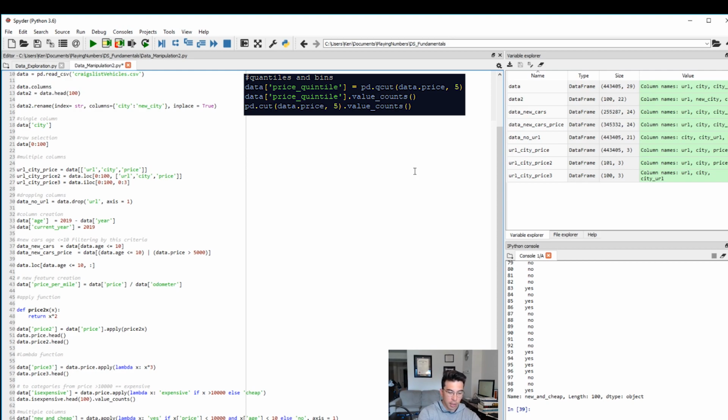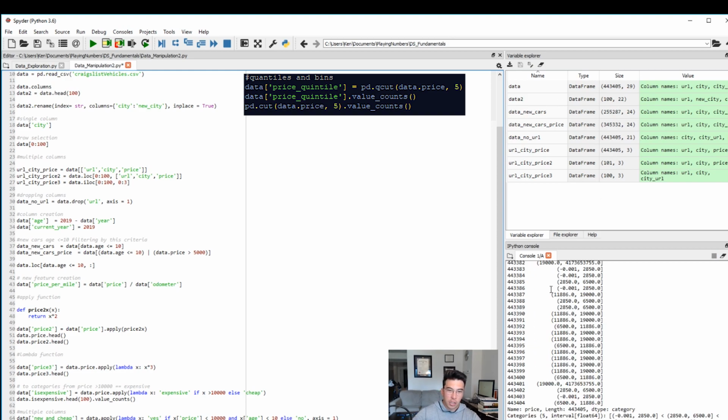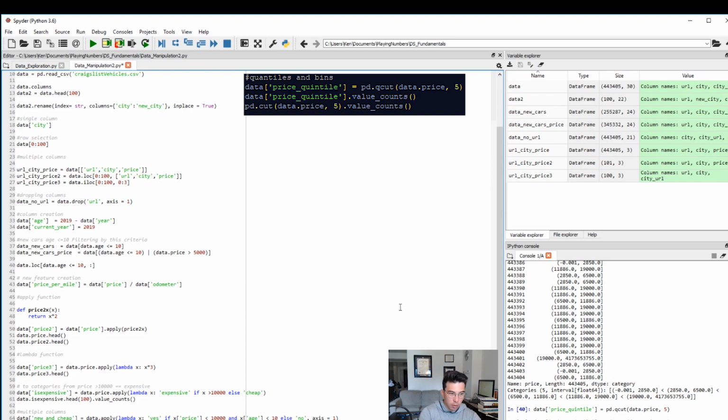So we'd pass in data.price, and then we'd want to see how many times we'd want to split it. So we'll do quintiles equal to 5, and that would give each value in the data frame a range that we can use to group them by. So we could set that into the data, we'll do price quintile equals to that, and then we'll have our quintiles. Oops, I ran it twice, doesn't matter. Okay, so as we can see, let's do,